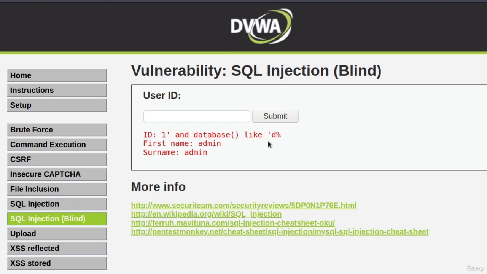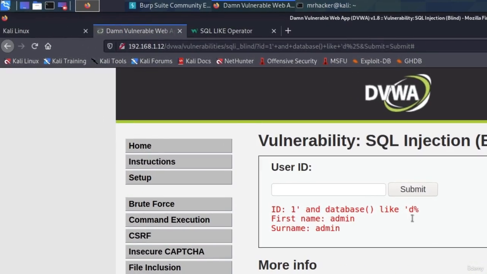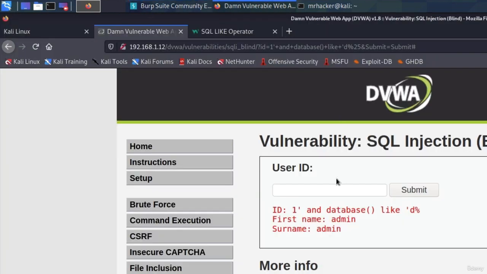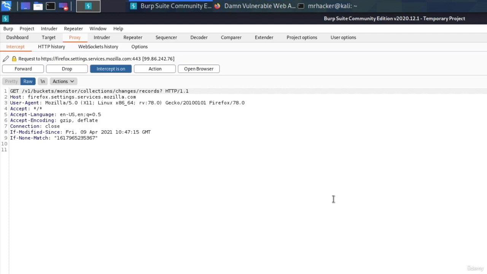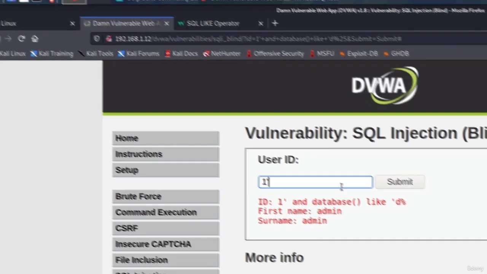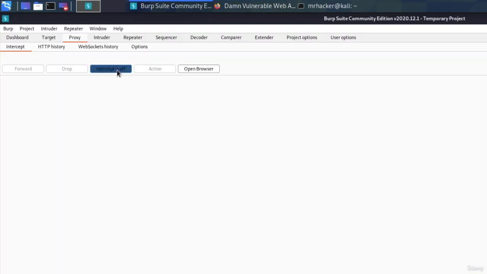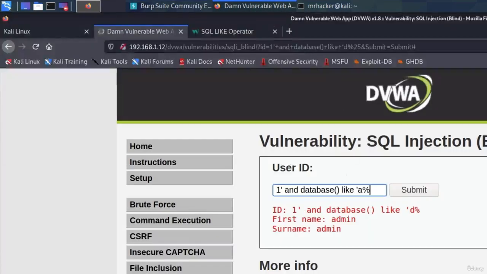As you can already imagine, this can take a lot of time to guess. And we could use the help of Burp Suite to do this. So let's go to Burp Suite. Let's turn on the intercept. Let's type 1. And, oops, let me just type it in first and then I'm going to intercept. So 1 and database like A. Let's start with A once again, just for the purposes of showing how this would work in Burp Suite, and then